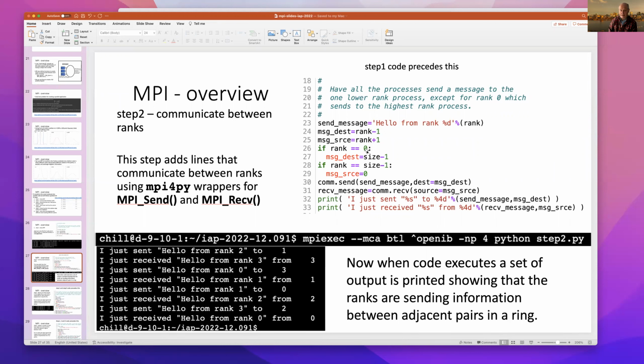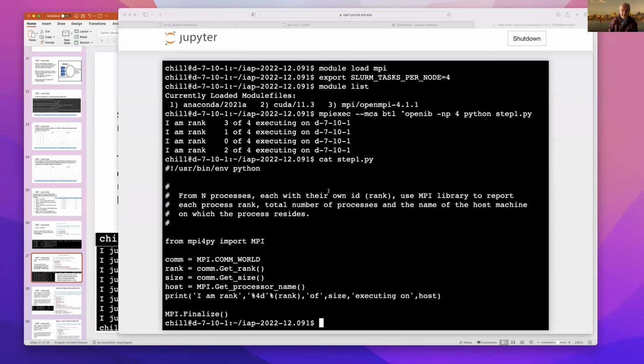If I'm on the leftmost side, it's going to say that the rank to my left is actually the one with the highest rank number. If I'm on the rightmost side, the one to my right is the lowest number rank. And then it's going to send some messages, and we're going to check that that works as expected by sending messages that say I've received a message from a particular rank and I send a message to a particular rank. So we can test this in